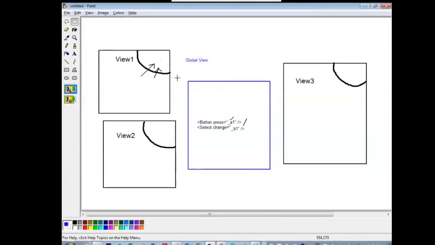Any view that wants to call these controls can use its corresponding controller to define the event functions.